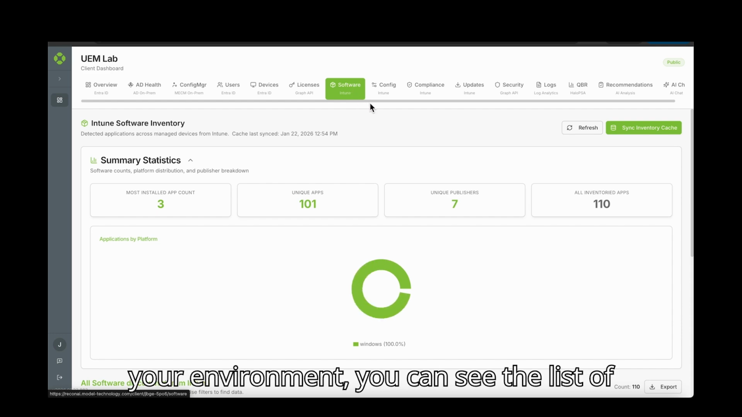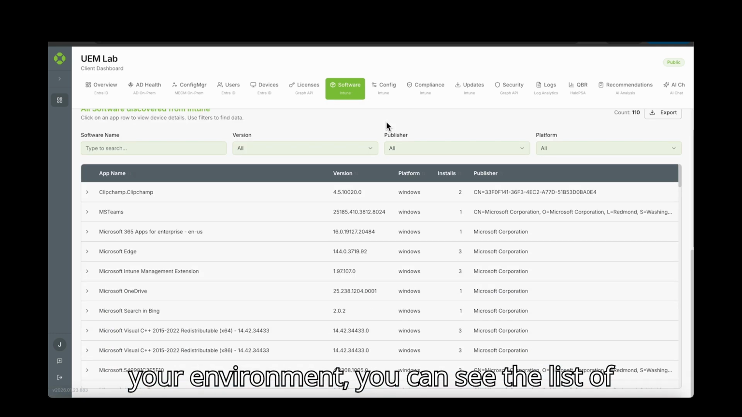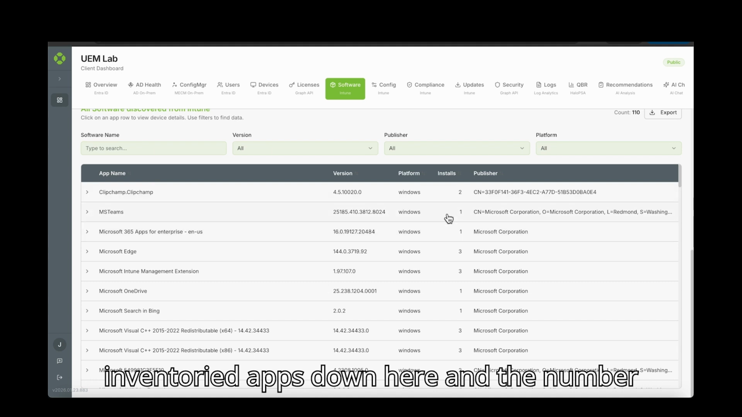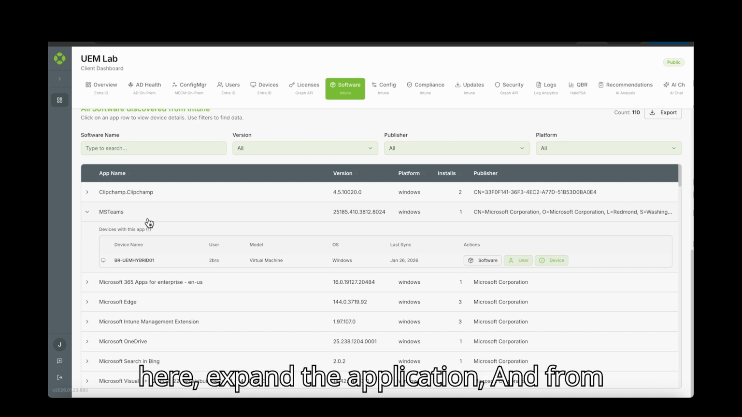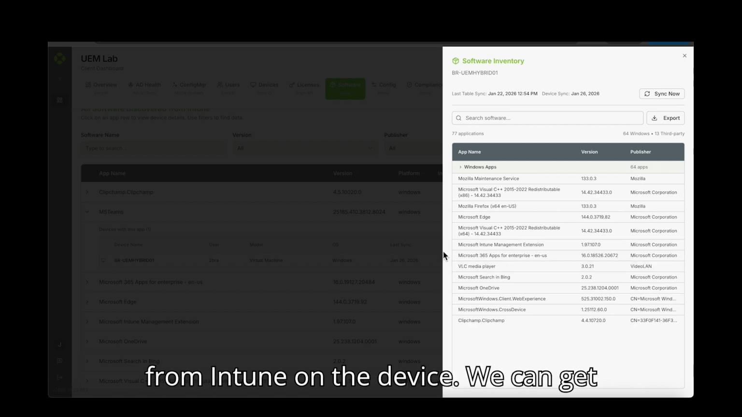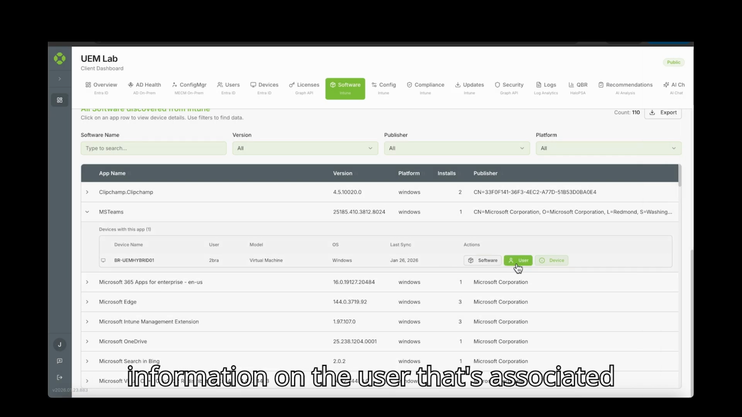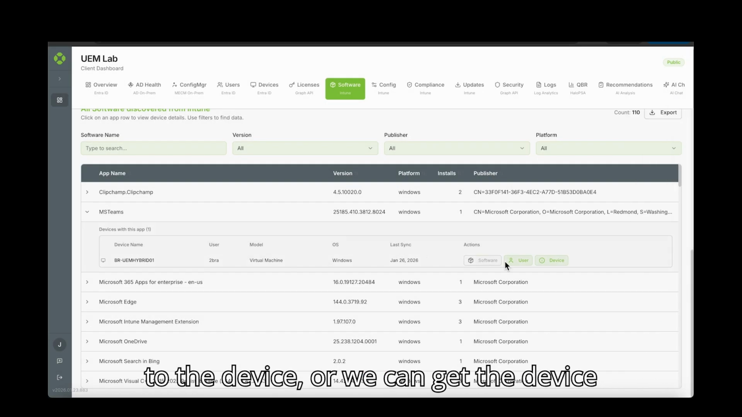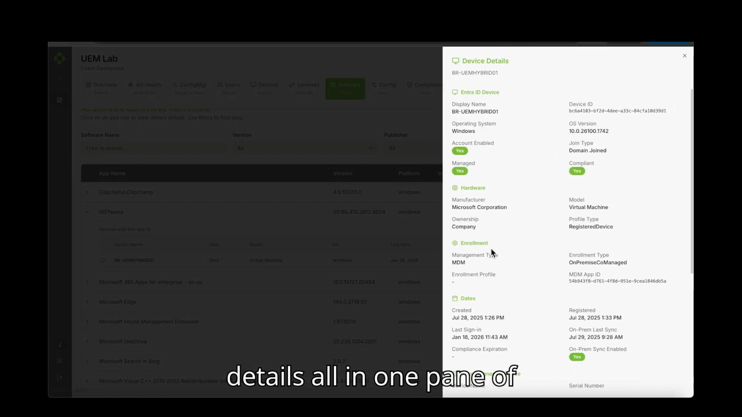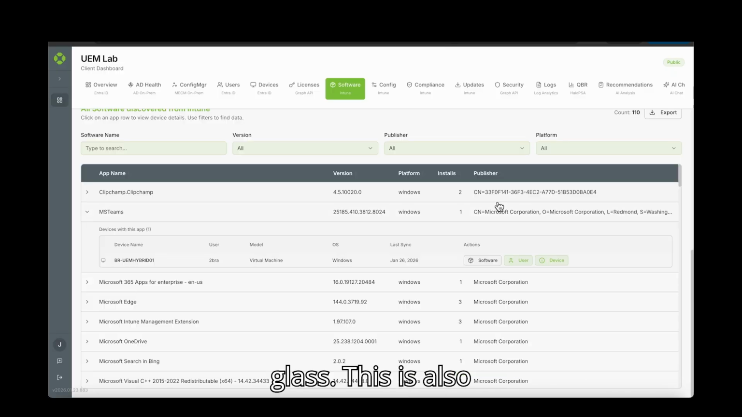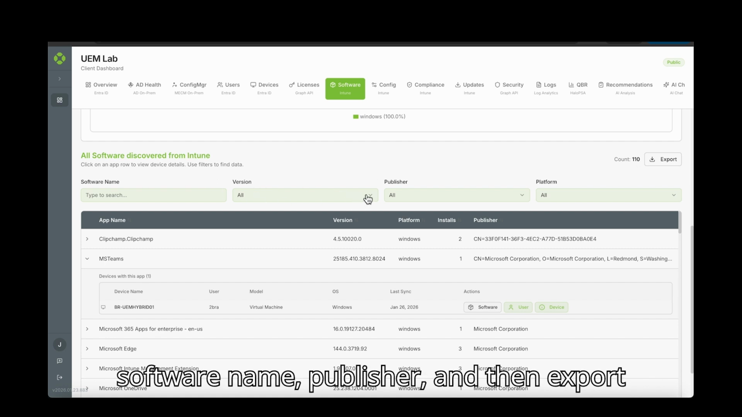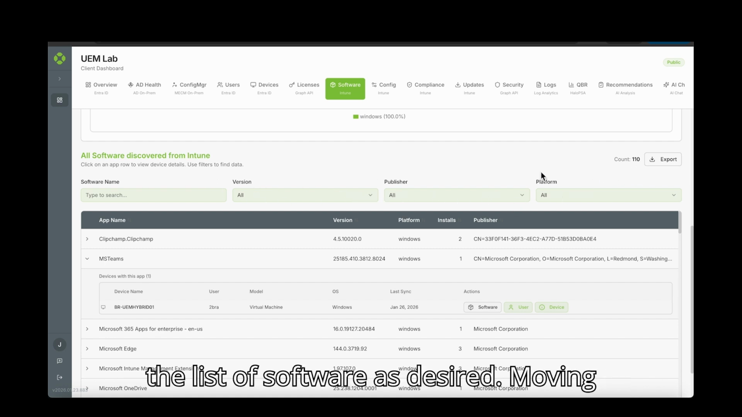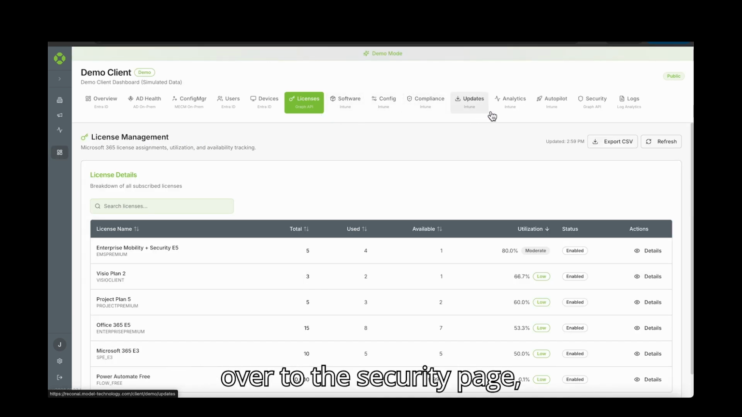If you have Intune in your environment, you can see the list of inventoried apps down here and the number of installs that the app has registered to it. So we can come down here, expand the application, and from here we can get a full software list from Intune on the device. We can get information on the user that's associated to the device, or we can get the device details, all in one pane of glass. This is also exportable, so you can filter by the software name, publisher, and then export the list of software as desired. Moving over to the security page,